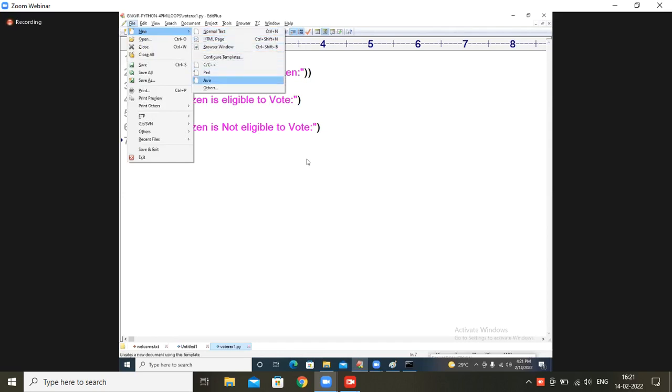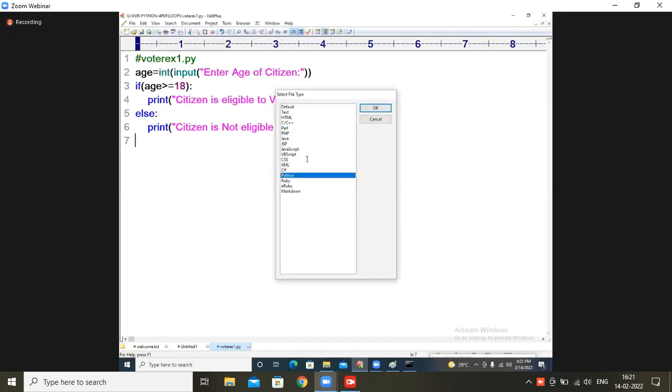So how is it going to be? Let us start. First time you are looking at this type of standards. Voter example 2.py. I'm going to give you the scenario called voter example 2.py. Now say that age is equal to int of input of 'Enter age of the citizen'. Right? If the age of the citizen is